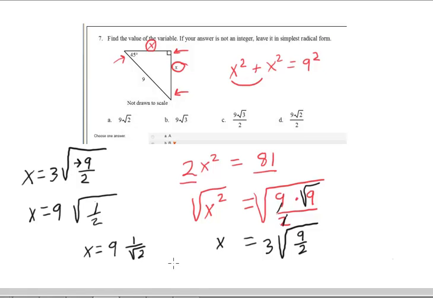And we can't leave that square root of 2 in the denominator. So here's where I missed a step. We need to multiply this times the square root of 2 over the square root of 2. That's the same as multiplying by 1, so that doesn't change anything. But what it does is rationalize our denominator. Square root of 2 times square root of 2 is just 2. So now we're left with